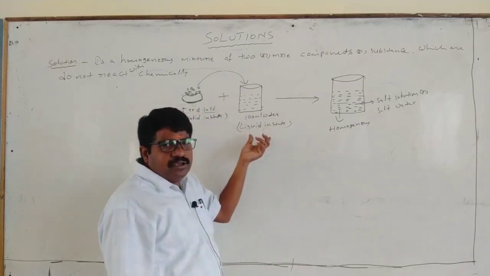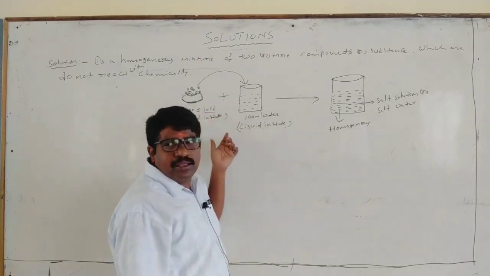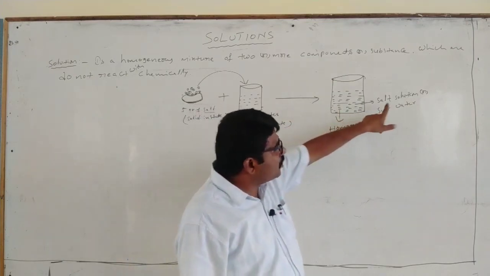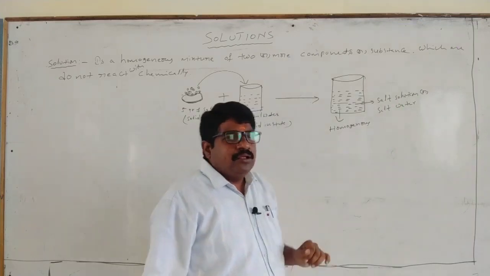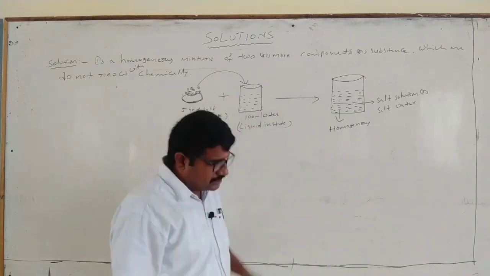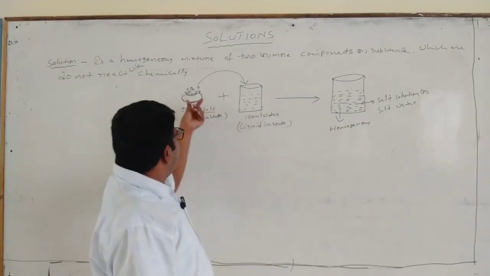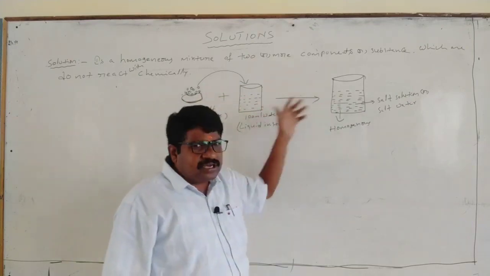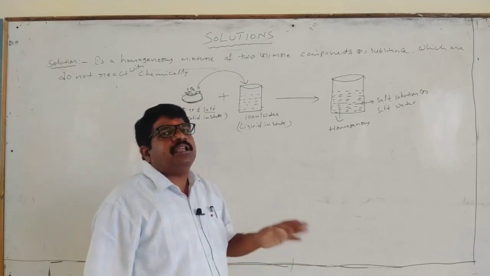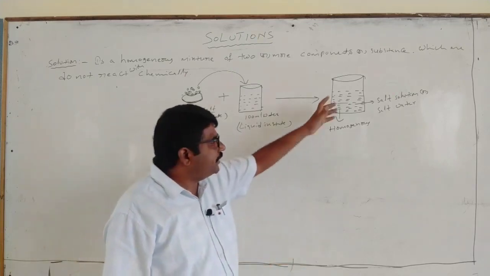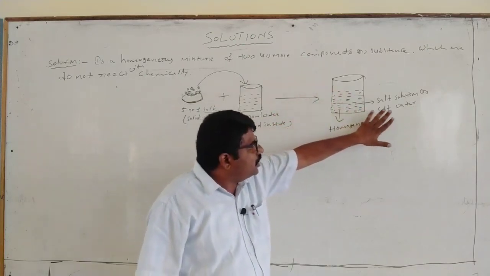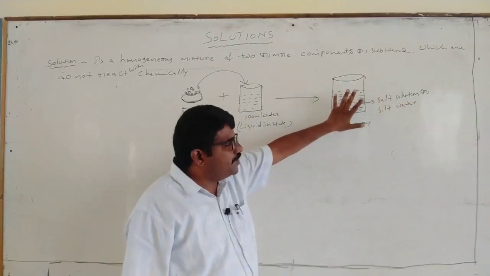Here the solvent is liquid, and salt is dissolved in it. Again it appears like liquid only, but this liquid has two components, salt plus water. Physically they change, but chemically not. When solid dissolves in water, only the physical state of the salt changes, but chemically nothing changes. The chemicals do not react with each other. So the resultant solution is called salt water. This is called a homogeneous mixture.